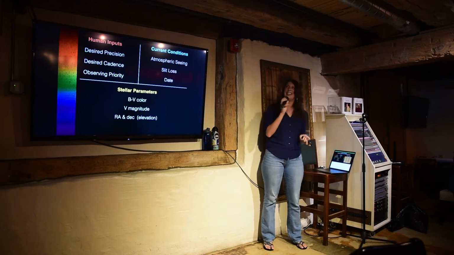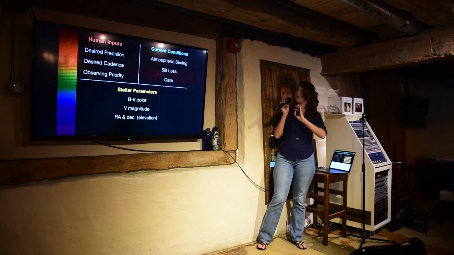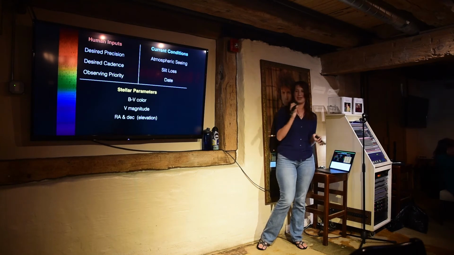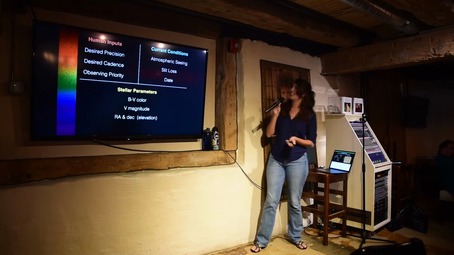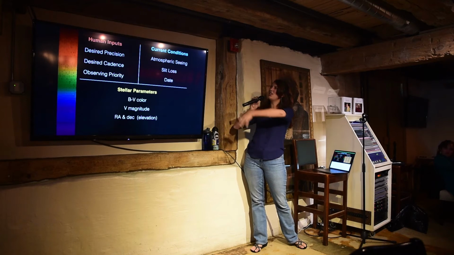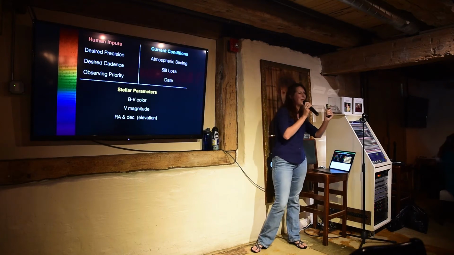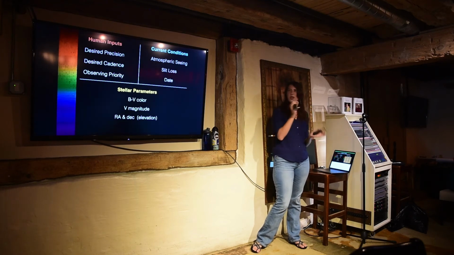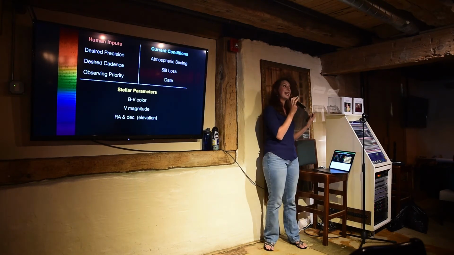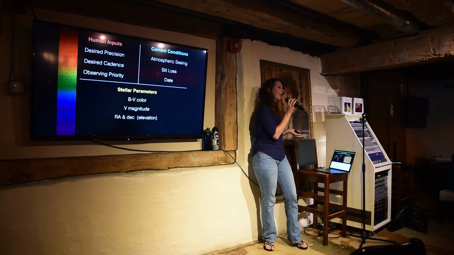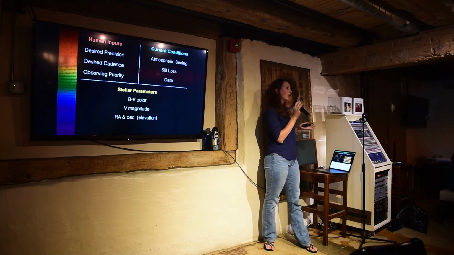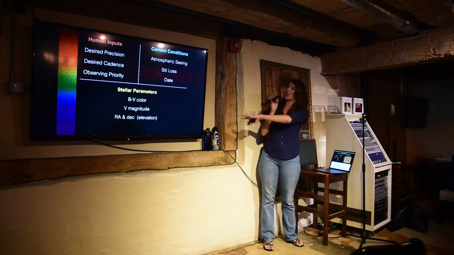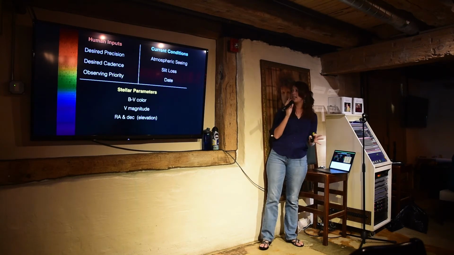So nowadays, the APF does run itself. And it does that by taking into account a big set of parameters that are kind of how a human would think about observing stars. So there are things like human input, so the precision that we want on the star, how accurately we want to measure it, the cadence that we want on the star, how often we think the telescope should go look at it, the priority, how scientifically interesting we think that star is based on suspected planets or interesting activity that's happening on the star. There are things about the star itself, so what color it is, how bright it is,